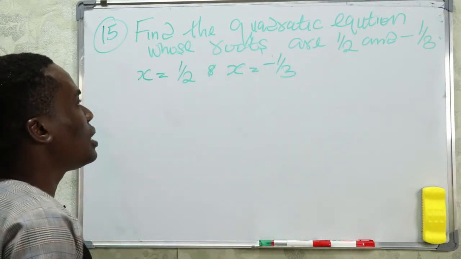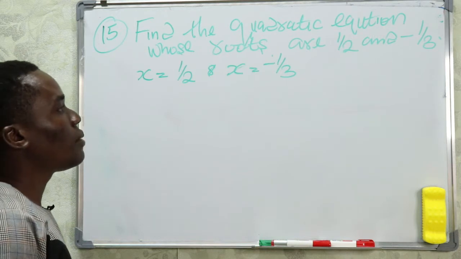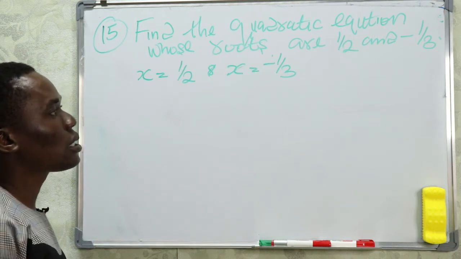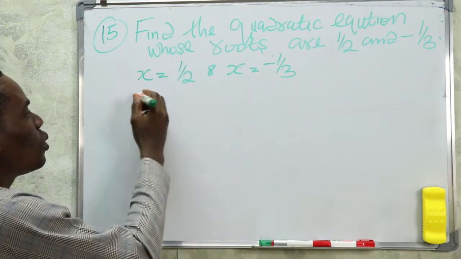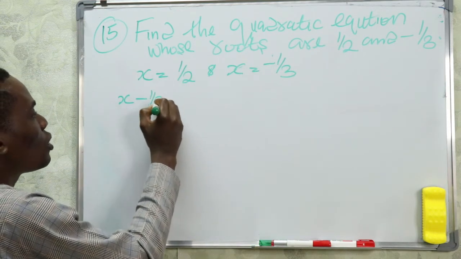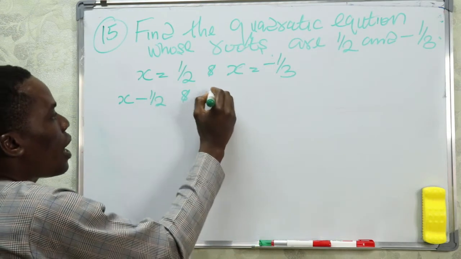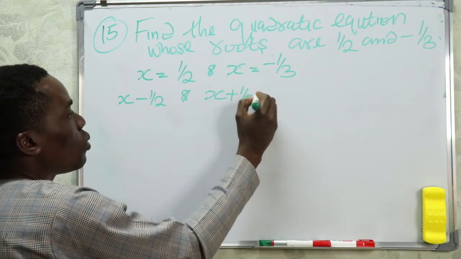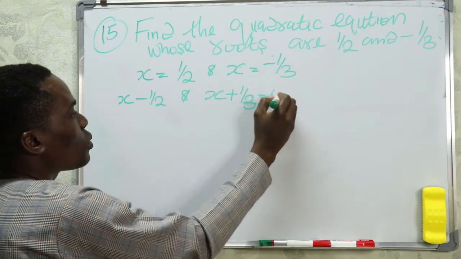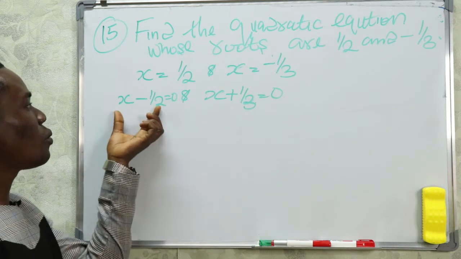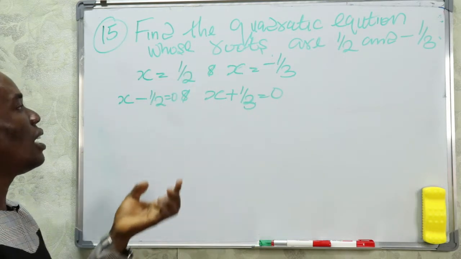Now, if we look at this value of x, we'll come to see that this can be x minus 1 over 2, and our x plus 1 over 3 will be equal to 0,